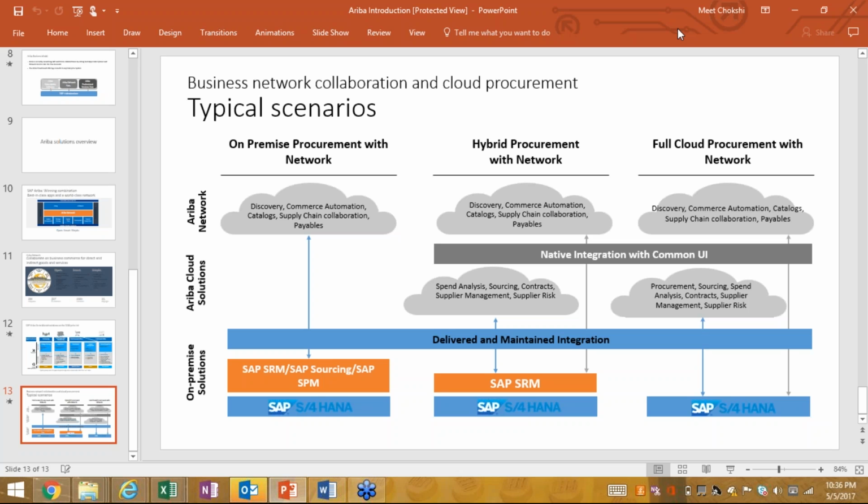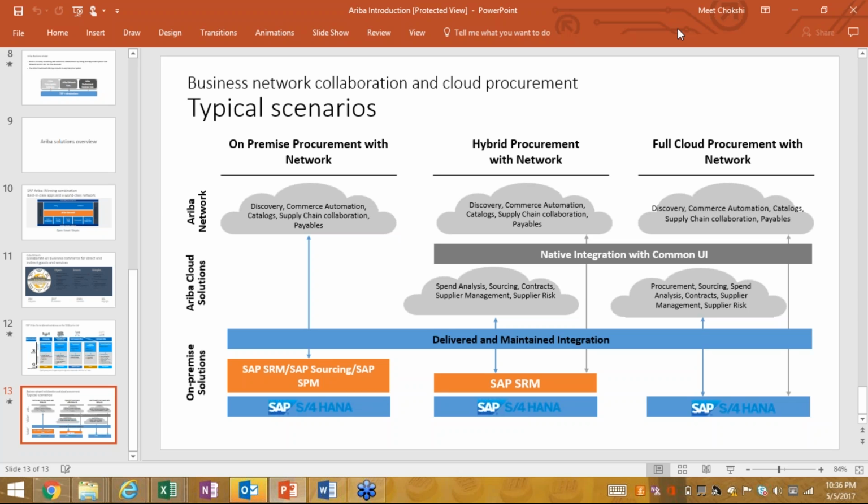Let me give you an example. Let's say contract authoring. Do you have the functionality of contract authoring in SAP MM? No, right? You will never create a contract in SAP MM.